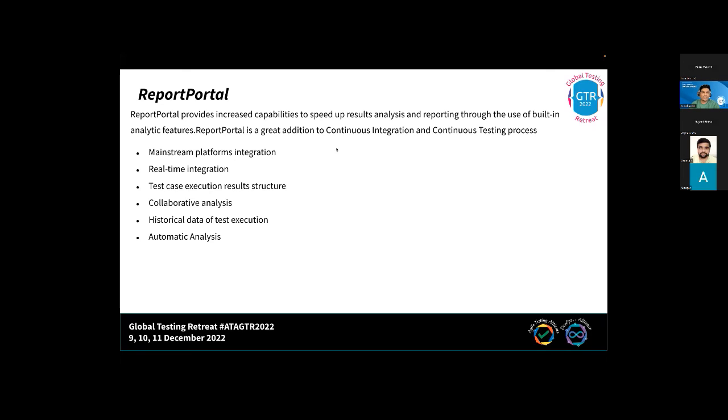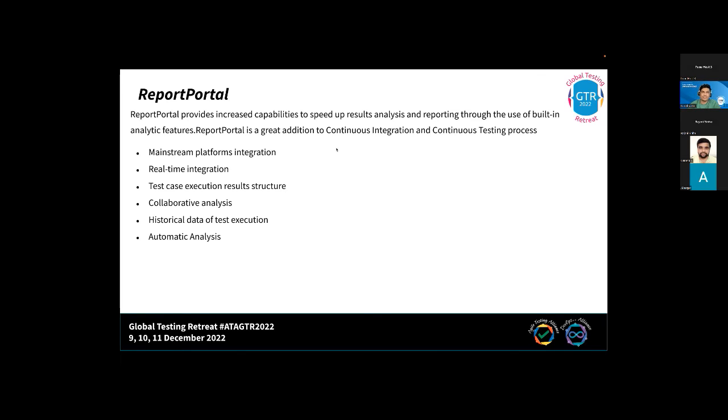We can even do error debugging, and we can see the logs, the screenshots, even the binary data in your launches created in Report Portal. Report Portal also supports collaborative analysis that gives you an ability to interact with devs, your senior management group, or your BAs, and it comes in very handy.